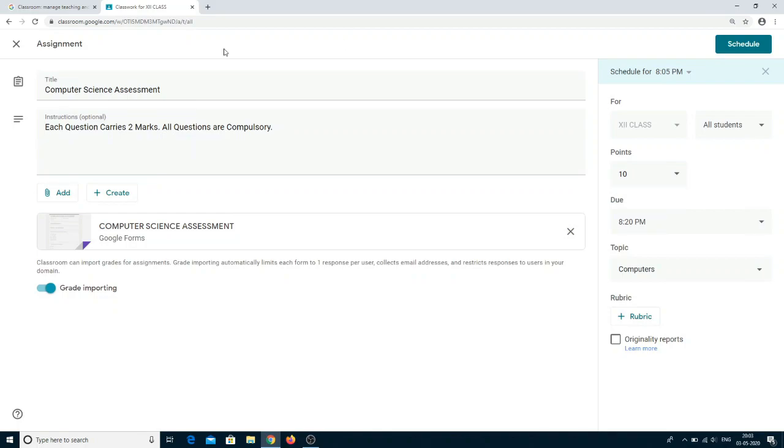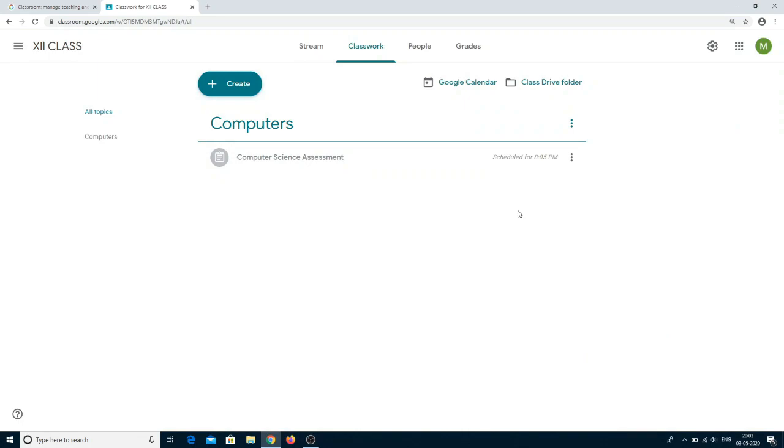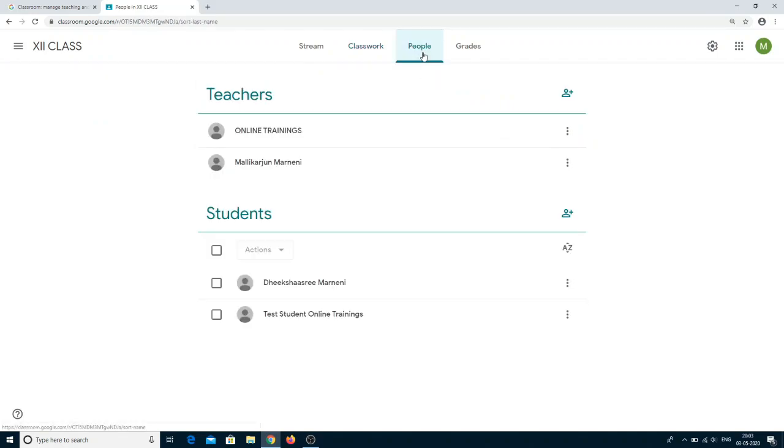Once the assessment is scheduled, now you can close this assignment. Now automatically it will be scheduled to all the students. At what time is it scheduled? At 8:05 p.m. today. So within 2 to 3 minutes this assignment will be scheduled, and it will reach all the students who are available in your classroom.